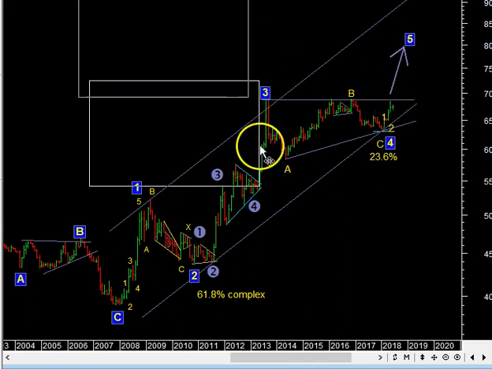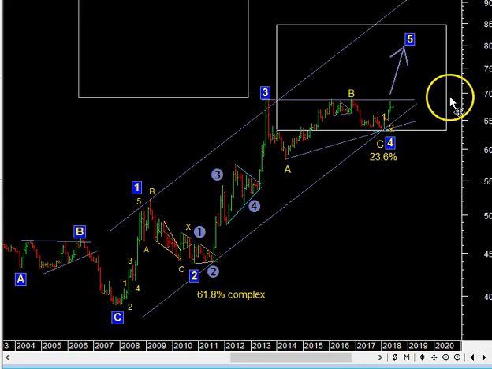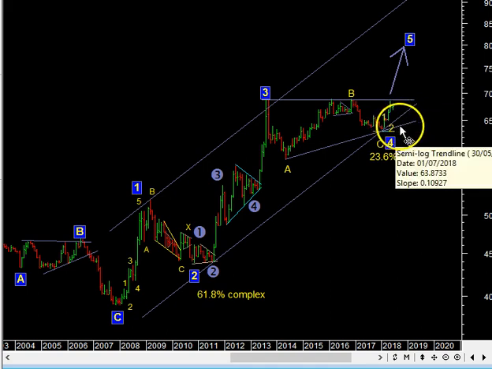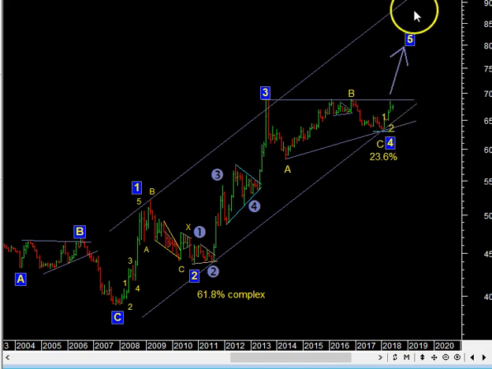simply the fifth wave being equal to the first, from here can easily project to around 84, 85, and so I should be open to the idea that that can be a more immediate case rather than it forms a triangle somewhere into next year, or several months down, maybe September, October, and only then the fifth wave starts. So those are the two alternate scenarios. You can still consider a triangle till this high is not surpassed, but like I said, the monthly momentum, and